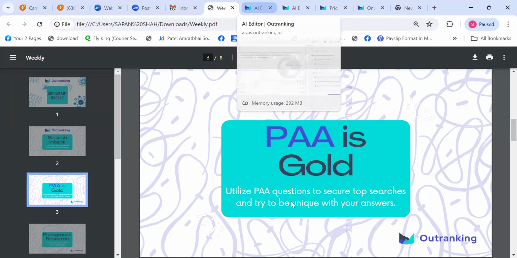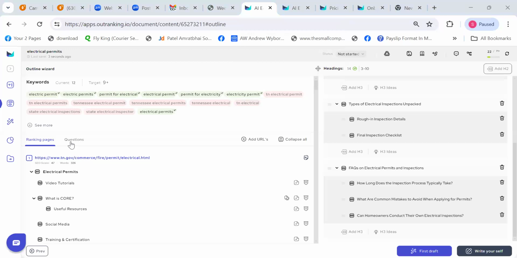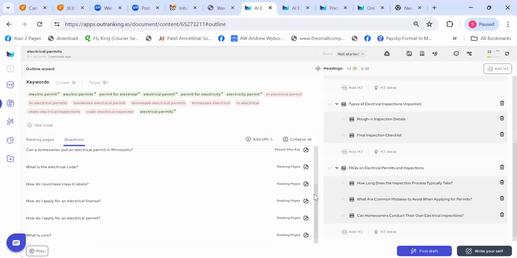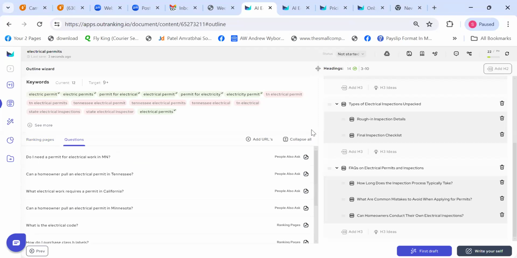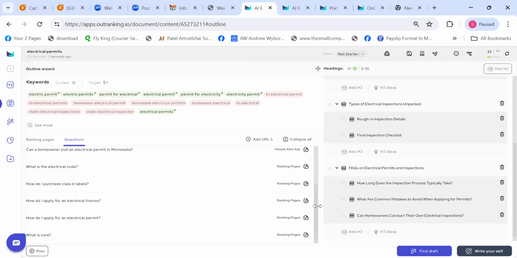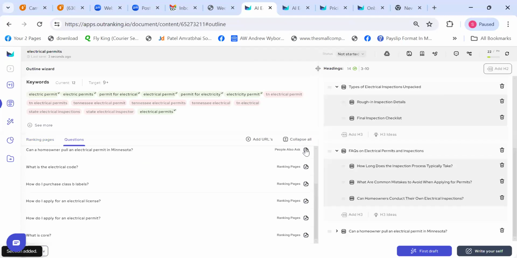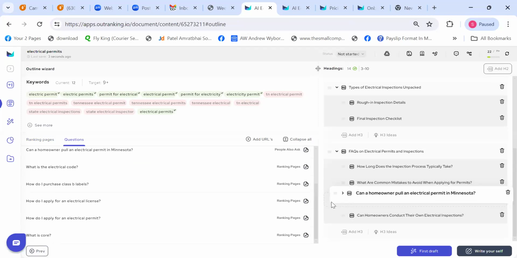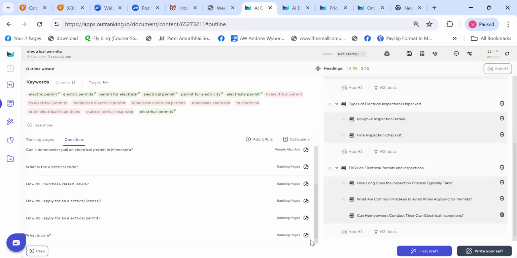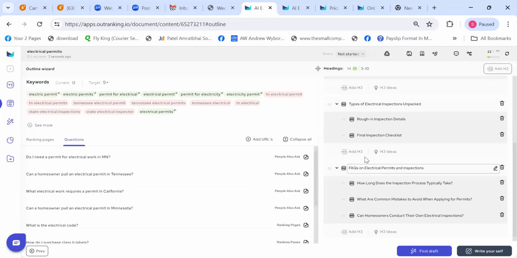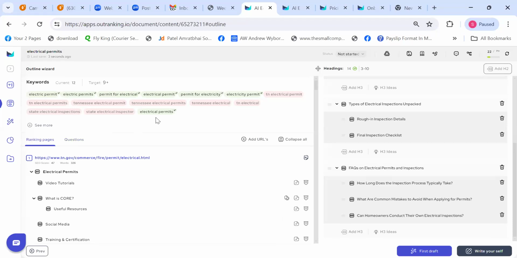Now, this is something very interesting. So let's go back here and you will see a questions tab here. Click on it. And these are all the important questions that people are usually searching on Google. So these are the popular questions. If you like any of them, if they make sense to you, you simply click on this icon and this will be added to your outline. You can simply add them to your FAQ section by clubbing them up, dragging and dropping. Or you can look into it and add whatever makes sense to you and then club it up with FAQs. But if they don't make sense to you, simply ignore them, and don't try to force it on your web page. So this is something very important.